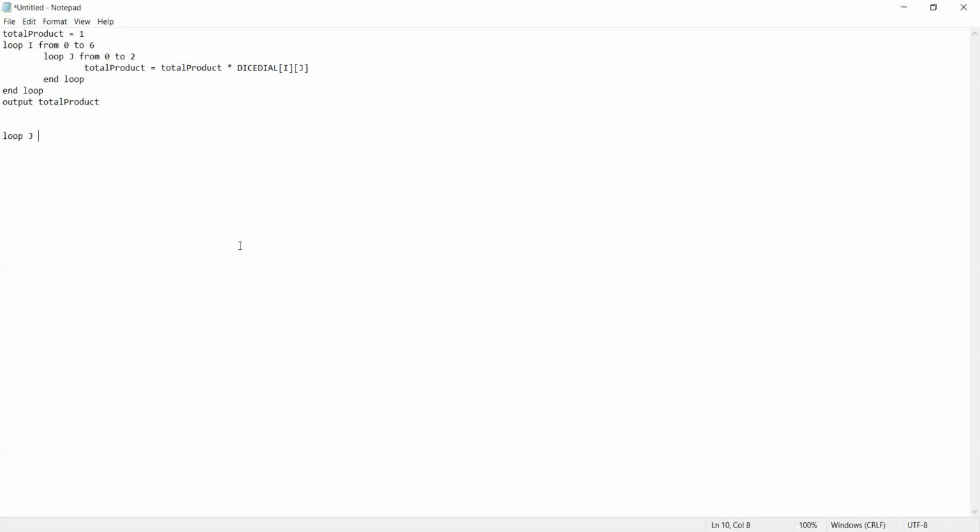If he calls dice dial with 0 as a row, he will return 2. So if you open the dice dial array that I sent you just now on WhatsApp, you will be able to see how the 2D array looks like, the content of the 2D array. In row 0, you find that column 1 and column 2 have two numbers of 2. So they have